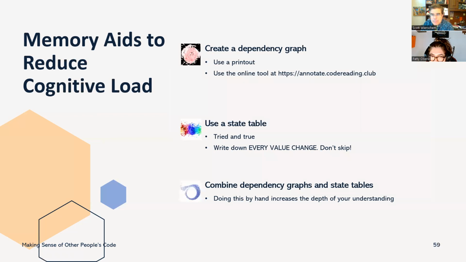And of course, you can combine these dependency graphs and state tables when you do this by hand, printing things out, and that will increase your depth of understanding for this unfamiliar code you're trying to understand.